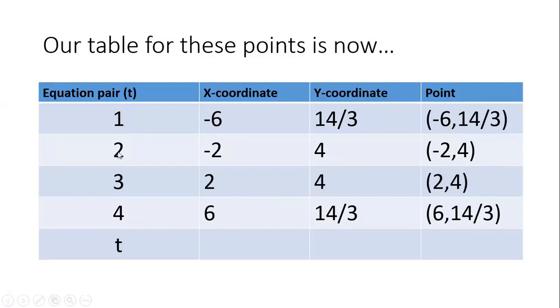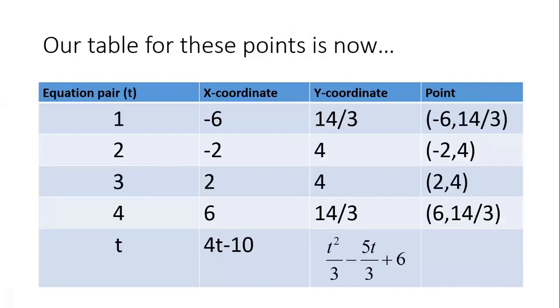Does that happen here? 4 times 2 is 8. Subtract 10, you get -2. 4 times 3 is 12. Subtract 10, you get 2. 4 times 4 is 16. Subtract 10, you get 6. So it must be 4t minus 10. And it can be shown using the techniques that are described on the worksheet that the